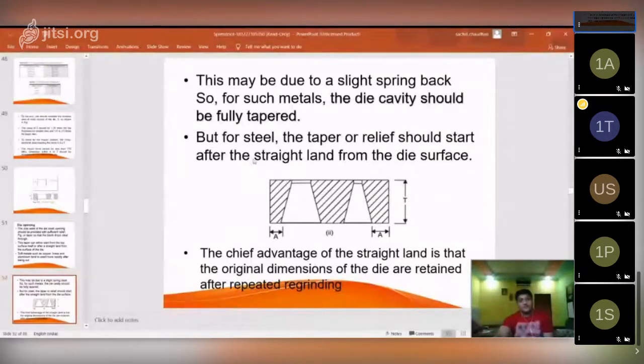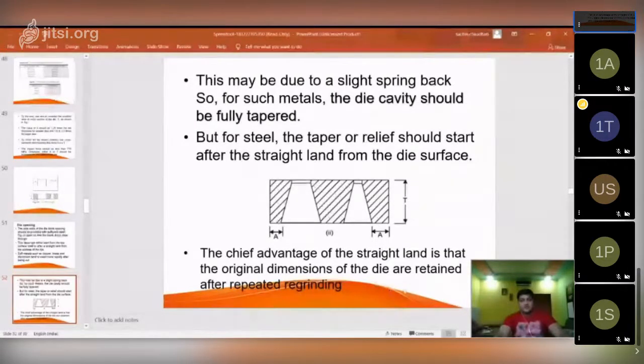Okay, and when you are going to use hardened steel, this straight line helps to keep the original dimension of the die. And as your dimension of the die is original, whatever part is getting cut has a dimension exactly as given by the client.